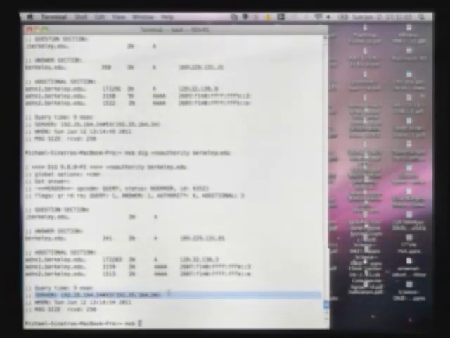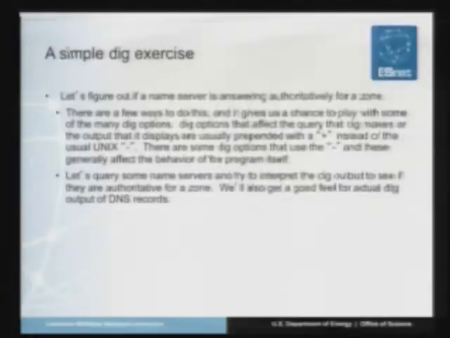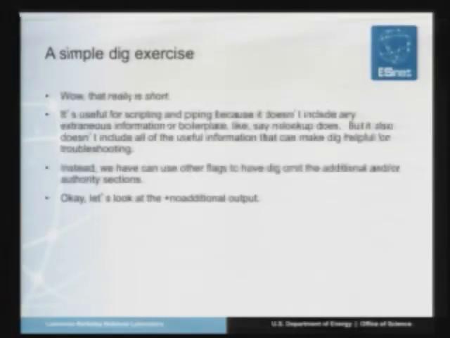And I have some slides that show some of the other flags that you're seeing. So we already went through this. We already went through the short output. And this shows you the same output with the no additional flag set. And there are a couple other things I want to draw your attention to. You can see there's the ID of the query. That's the 16-bit integer that sets the query ID. That's useful if you are also sniffing the wire at the same time you're doing this dig, because then you'll see that query ID as you're sniffing the wire. You also see that the AA flag is set. You can see the query time. That's the round trip time to actually make the